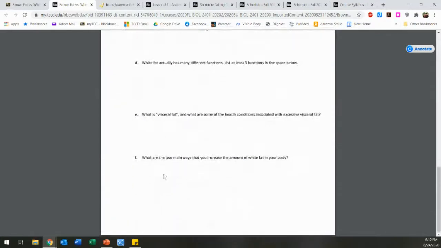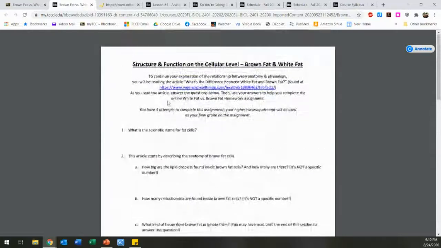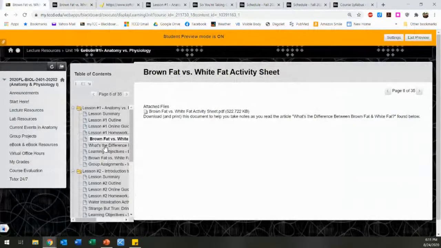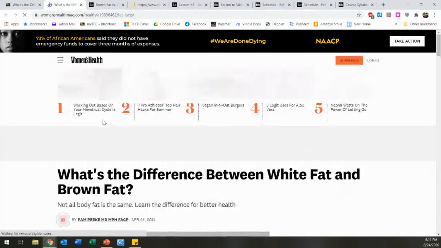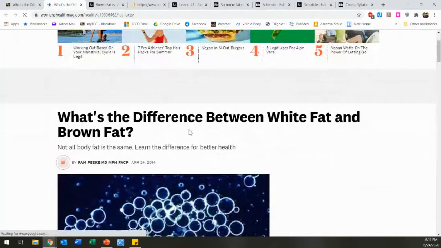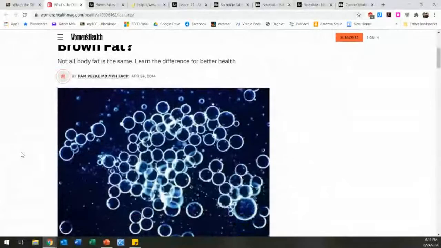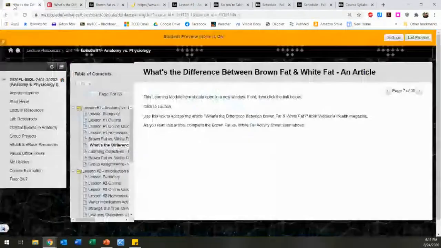This assignment is a little more open-ended than those lecture outlines. Once you've answered all of the questions using this website, or you've also got a link for it right here, it might take me there. Yep, so here's the article that you're going to read. What's the difference between brown fat and white fat? You'll use that in the worksheet. Once you've filled in the worksheet,